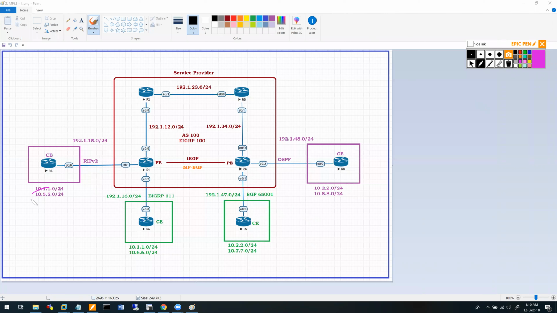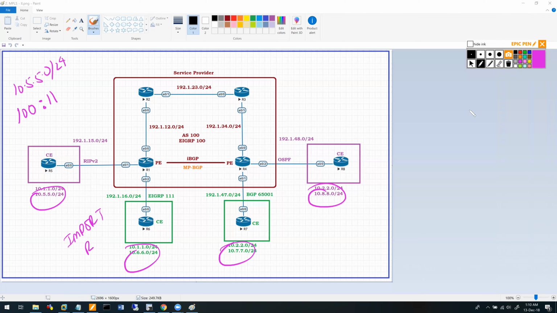Because I wanted these 4 routes to be the common routes, I set a common RT for them and imported it just once. Otherwise, let's say I had done this for 10.5, I would have said 100 colon, let's say 11. So over here, I would need to do an import for what? 100 colon